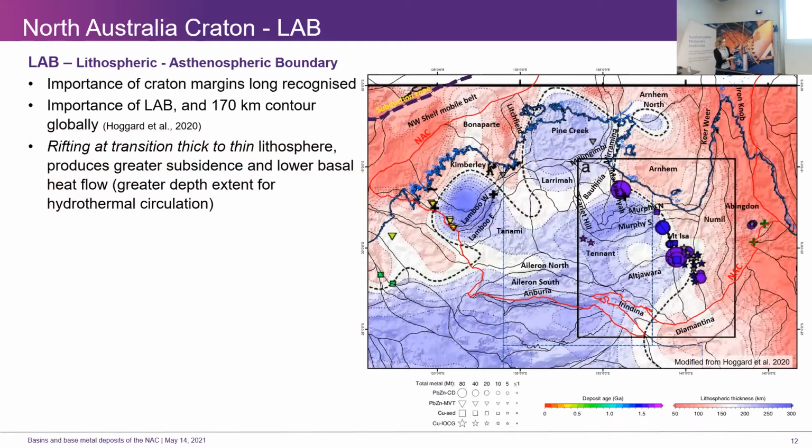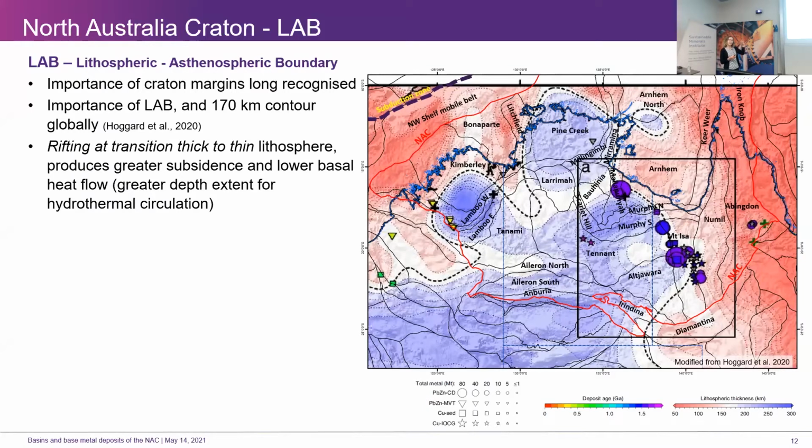So this again is from that same paper by Hoggard and colleagues, and there's a couple of GA people involved in that. So this is their map of depth of the lithosphere. You can see in blue are the deeper colors where the lithosphere is deeper, the boundary is deeper and the lithosphere is thicker, going into the red colors where it's thinner. So their interpretation was that at that transition, if you're rifting at the transition from thick to thin lithosphere, you are sort of in the sweet spot,